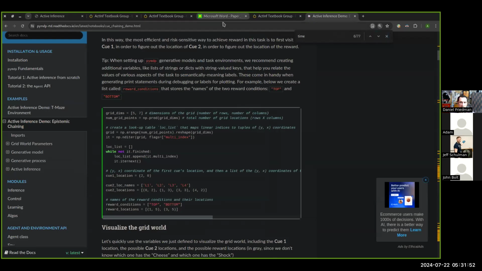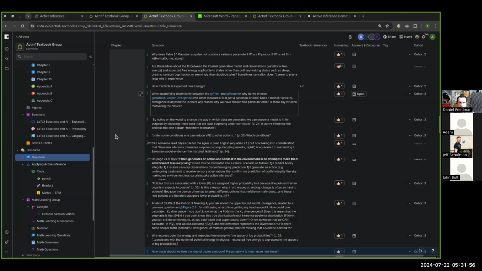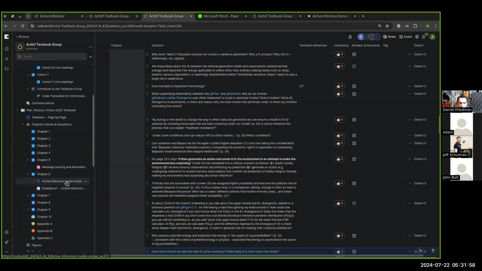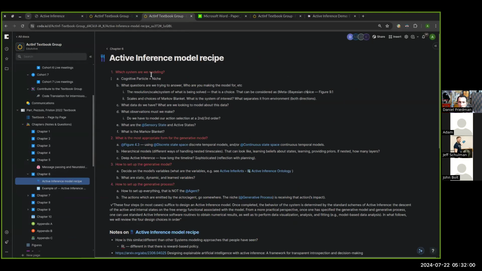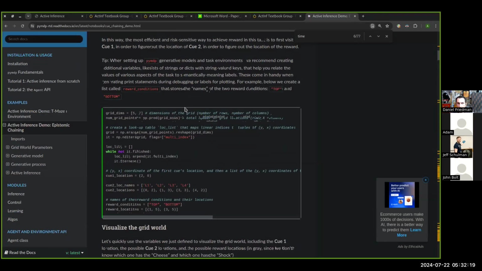So we can kind of read this in light of the recipe. Just to remind yourself: system of interest, like situation of interest. What does the agent look like in terms of its perception, cognition, internal states, and action? And then what does the environment look like? So it's not going to be in that order in the script, but we'll see that all those boxes will get ticked. Okay. First, they set up the map.